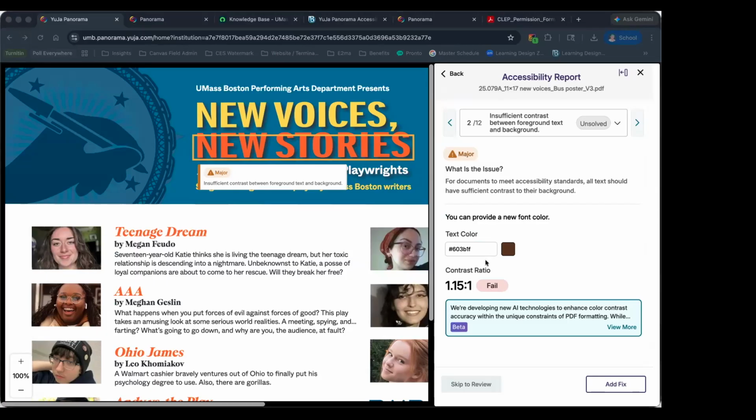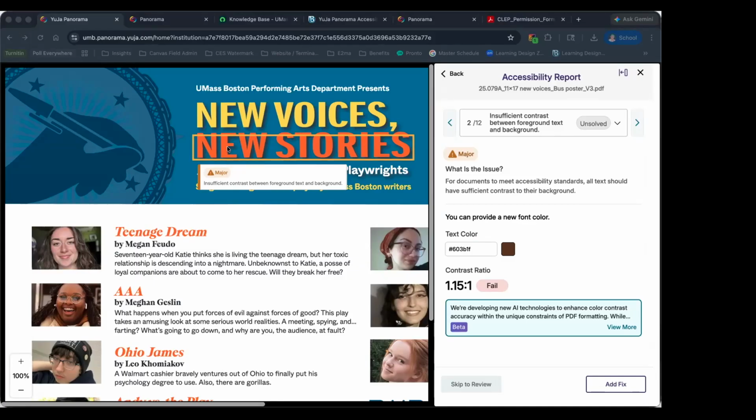You might also want to double check contrast ratios in other programs. Again, multiple checkers is helpful. Sometimes User Panorama doesn't recognize the background color correctly, especially on shadow text like this. There's a ton of free contrast checkers online.